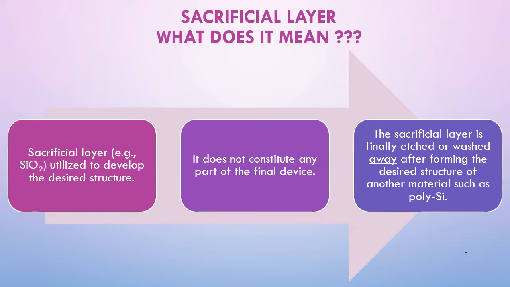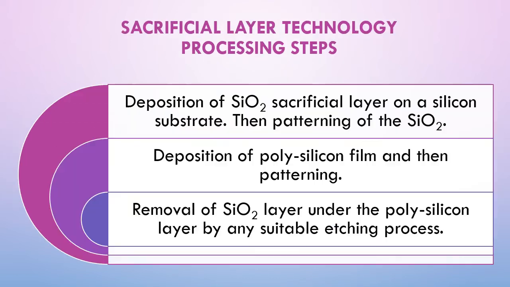It does not constitute any part of the final device, meaning that it will etch away after we already get the final product that we want to produce. The sacrificial layer technology processing step is quite simple. The first one, you have to deposit the silicon oxide sacrificial layer on the silicon substrate, and then